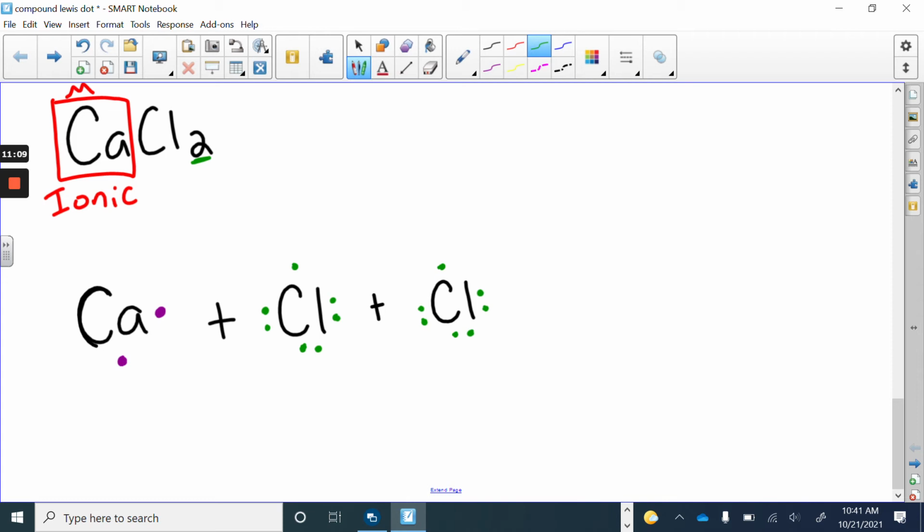Now, the calcium is going to transfer a valence electron over to the chlorine. Each chlorine will get 1 of them. So we have to show that by drawing our arrows. We'll say this one goes over here to this one, and this one is going to go over here to this one. So then we will have